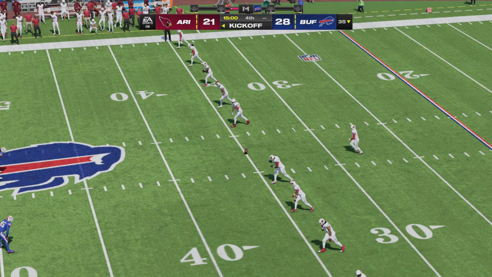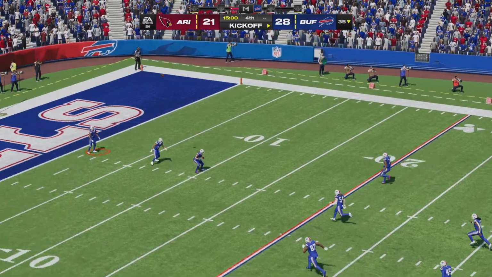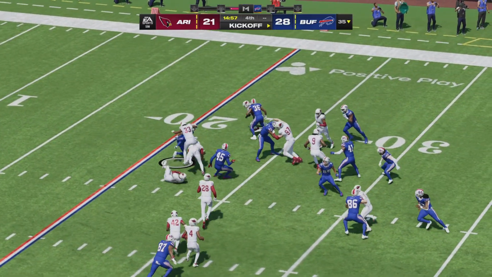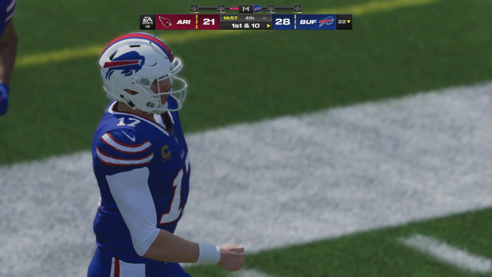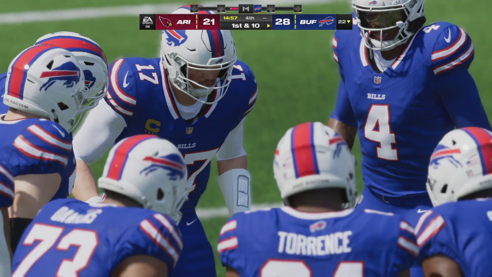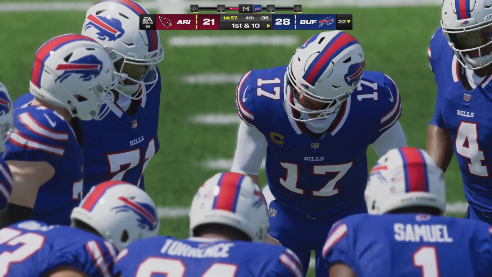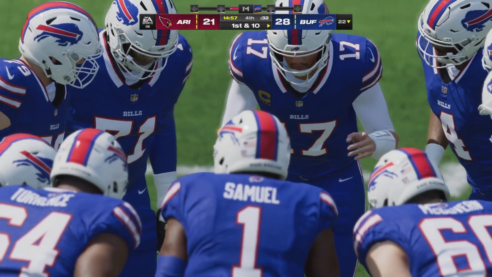Here's Prater now set to kick it away. And he'll get it up past the 20 to about the 22. Buffalo offense back out ready to go. Their lead back down to 1 score after the touchdown a moment ago. First down's a must on this drive as they start out here 1st and 10.